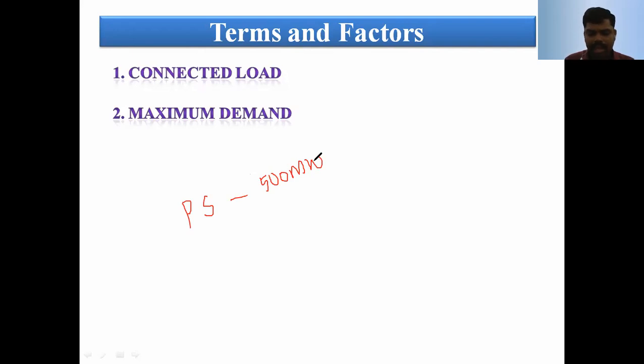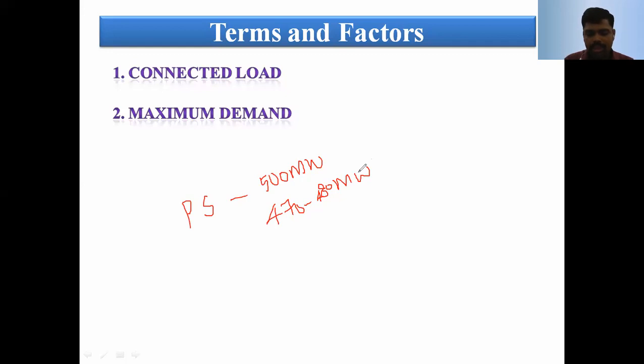But actually, in the particular power plant, they generate 470 to 480 megawatts. Again here, two types of load are there. One is the base load, and another one is the peak load. Base load means that in a day, 24 hours, the load is maintained constant. That is nothing but the base load.